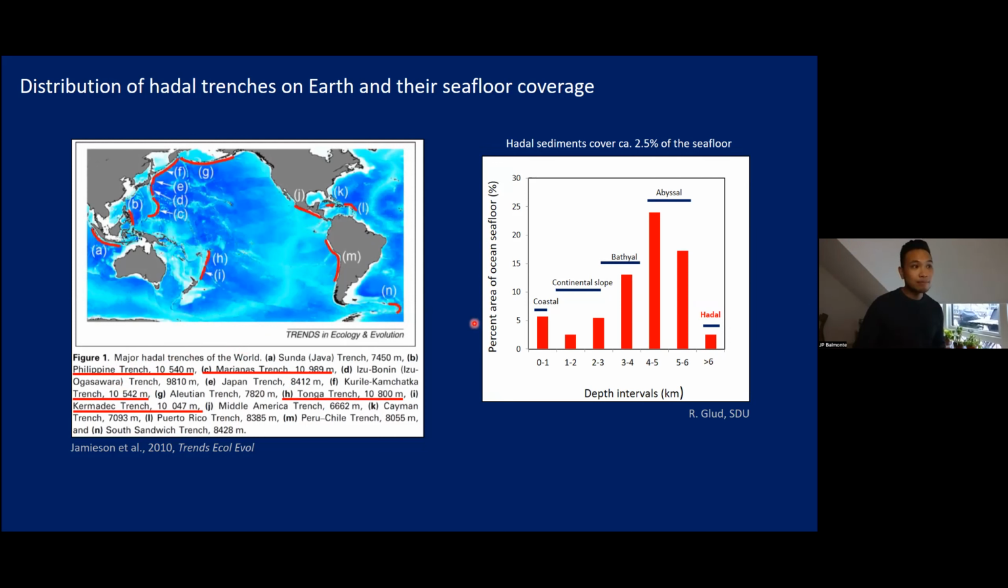In terms of coverage of seafloor, Hadal environments are actually fairly minimally represented. So this is simply a distribution of the percent area that these different places, the coastal environments, continental slope, bathyal sediments, abyssal sediments, cover along the seafloor. So we know that the depth of the ocean, on average, is about 4,000 meters. So that's the reason why we've got fairly high bars here in the bathyal and in abyssal. And then you can see that Hadal environments simply represent about 2.5% of the global ocean seafloor,